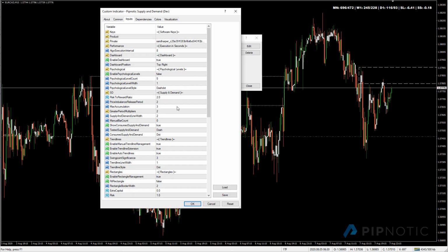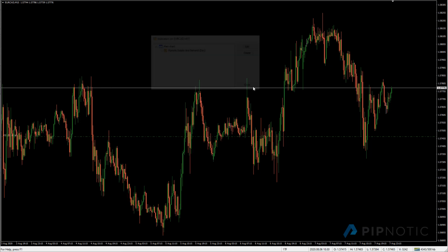You can see here pretty clearly, here it is, we have the greater period multipliers, and when this is set to 0, we are showing supply and demand areas that are qualified on the chart we're currently looking at. But you can also say, well, actually I want to see supply and demand from 2 periods greater than the current chart. So if I set this to 2 and press OK like so, what it's going to do